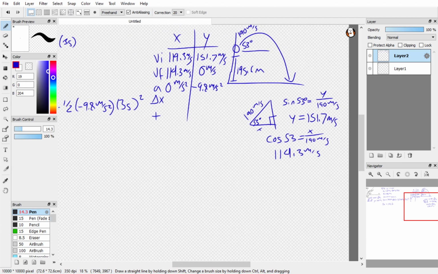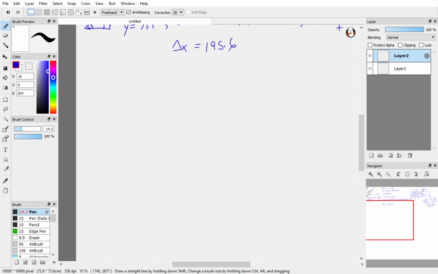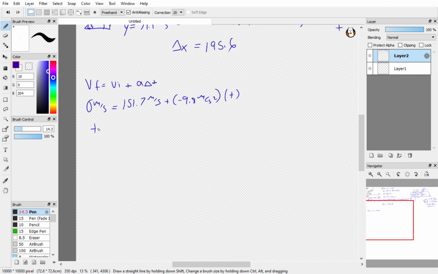Now, with that information, we're going to go back here. We're going to plug it into velocity final equals velocity initial plus a delta t to solve for the time it takes to reach its max height. So it would be 0 meters per second, and this is for the y component, 151.7 meters per second plus minus 9.8 meters per second squared times t. And then when you solve for t, you would get a value of